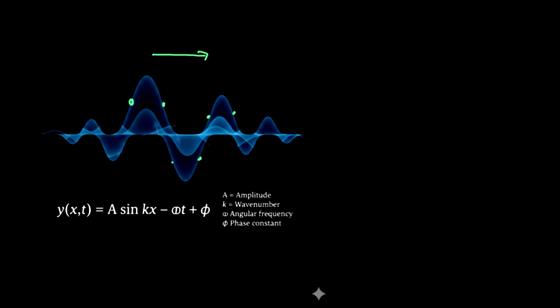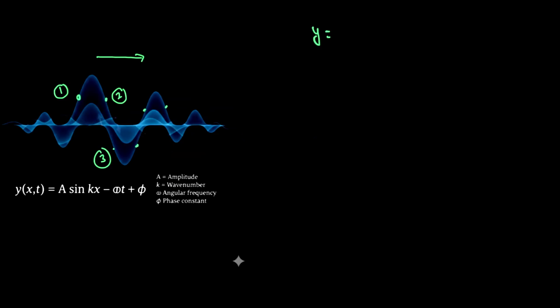So at a particular point, for example, if I'm asking about point 1, where this particle 1 is going, then this is point 2 where this particle 2 is going, this is point 3 where this particle 3 is going. For that we have a derivation of the velocity. This is the formula: y = a sin(kx - omega t + phi). And if I differentiate this formula with respect to time, what I'll get is dy by dt,